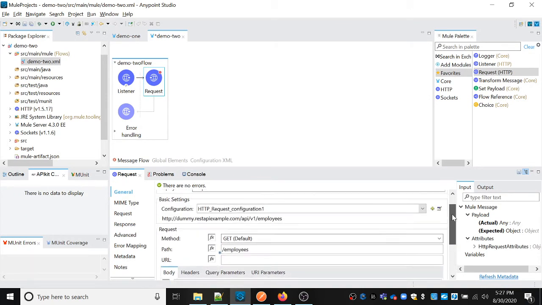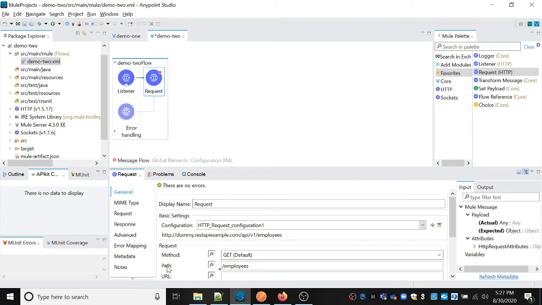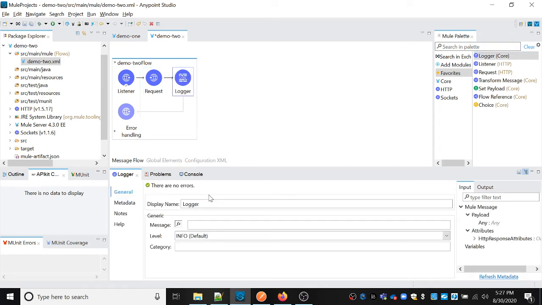This is done as of now, and the request type is GET. Now we can select a logger, so we can see the logger message on the console. Let me select payload here. Whatever comes from the endpoint, it will show here.